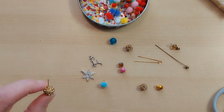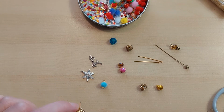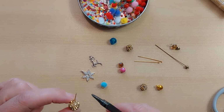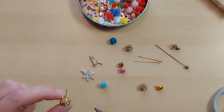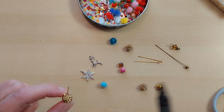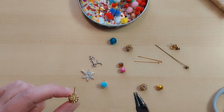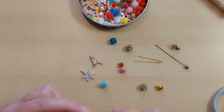Now I am not a professional jewellery maker or anything like that. This is really how I bodge things together. So what I need to do is turn this into a little loop. It doesn't have to be perfect. It is just a little loop that you will either just push straight onto the tree, or you'll put a little bit of thread through it or something like that. So this is just how I like to do mine. Okay,